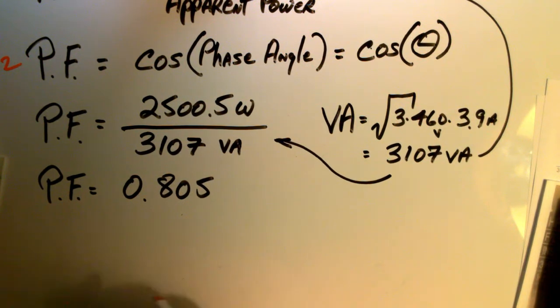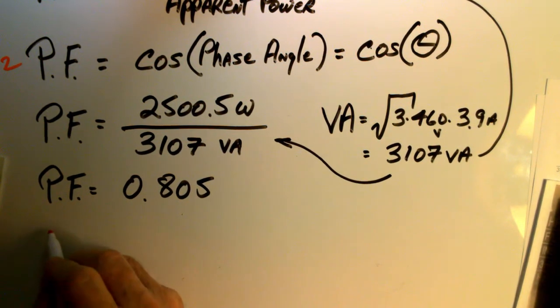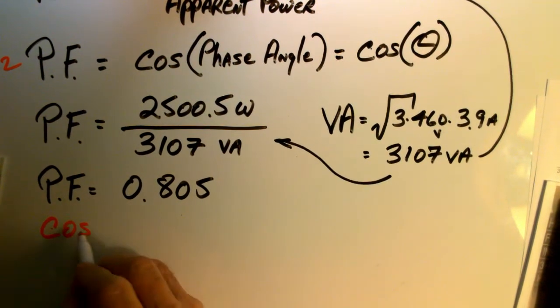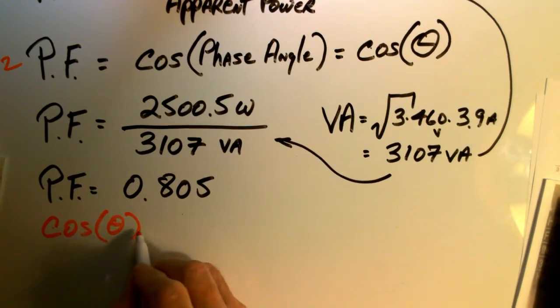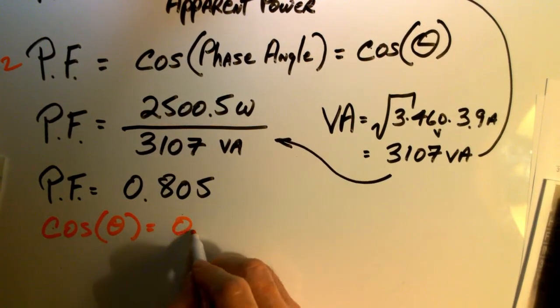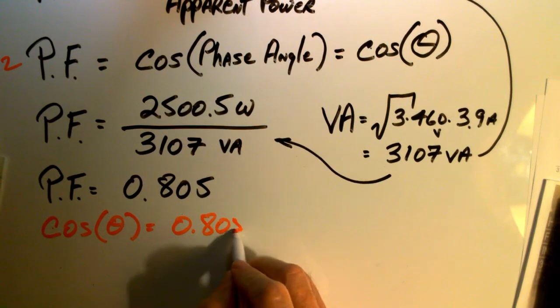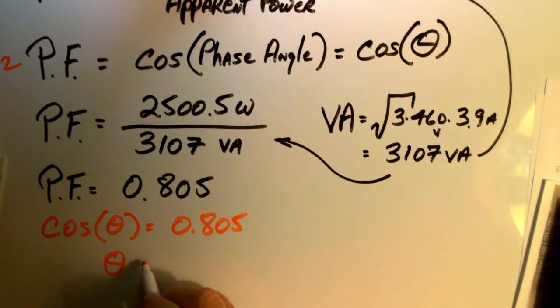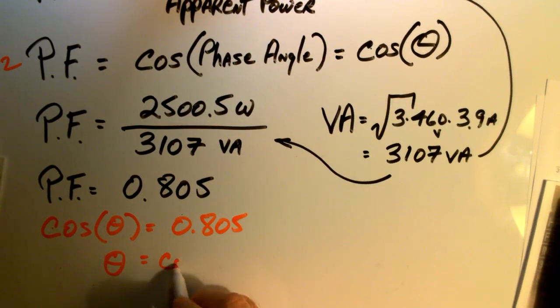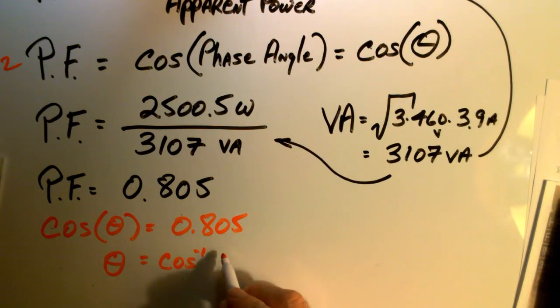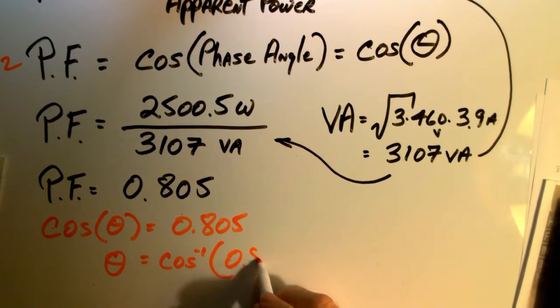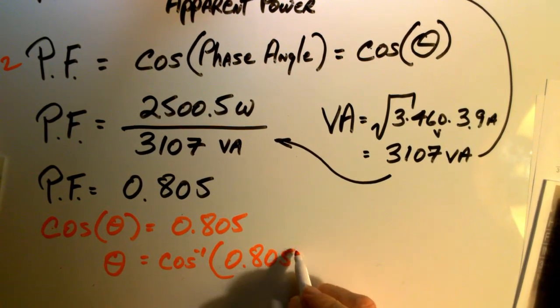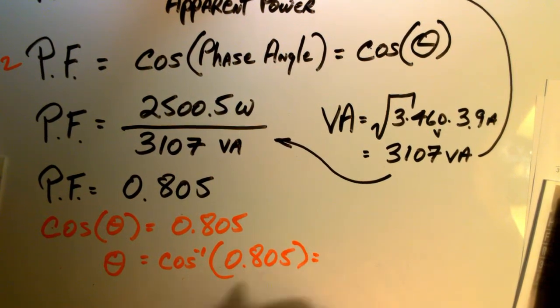So we will say that cosine of an angle, theta, is equal to 0.805. And then if I want the angle, I have to take the inverse cosine of that number. And if I have my calculator set in degrees,